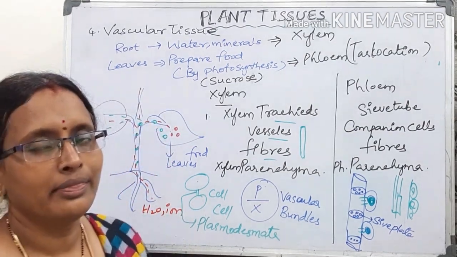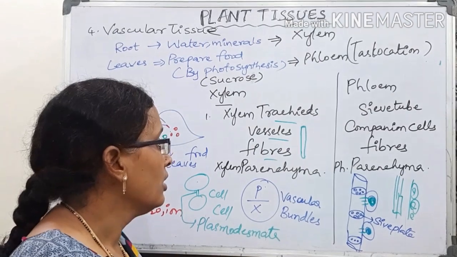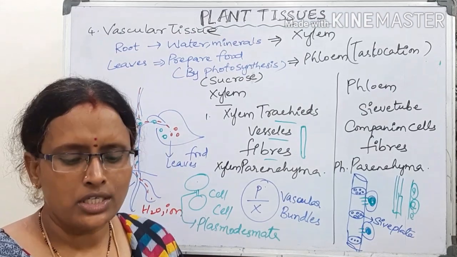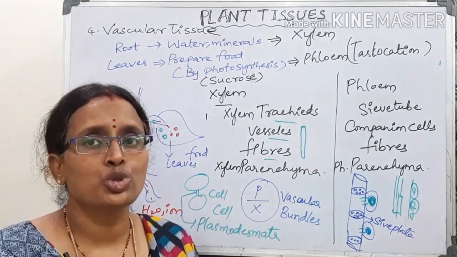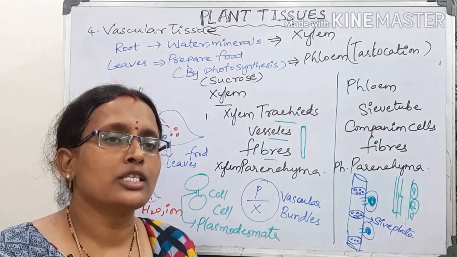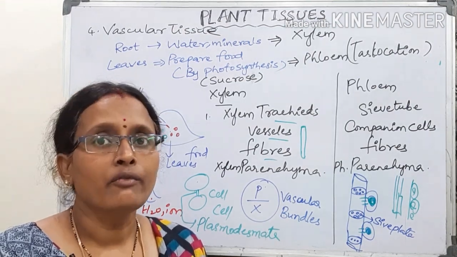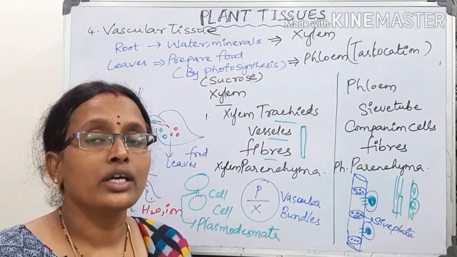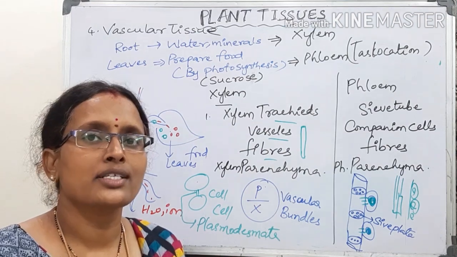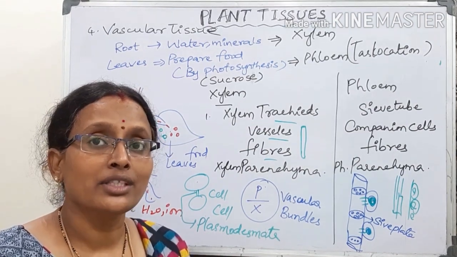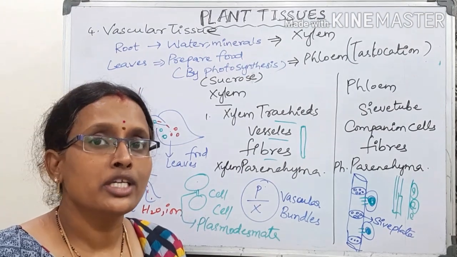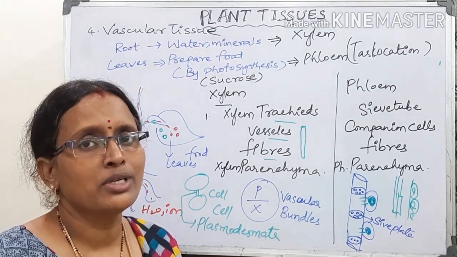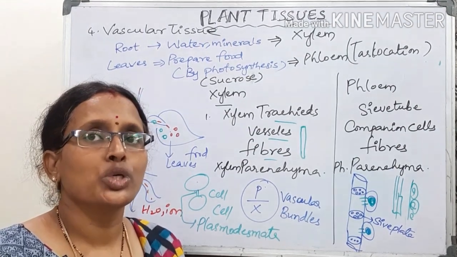Food materials are prepared in the leaves. So this is all about the different types of tissues in the plants. What is the purpose of having so many tissues in the plants? A specific tissue can perform a specific function. Ground tissue is protecting the ground, some tissues are storing the food material, some have parenchyma, and dermal tissue is for protection. Vascular tissue is for the conduction of water and minerals. Conduction also means transport. Meristematic tissue is for growth.